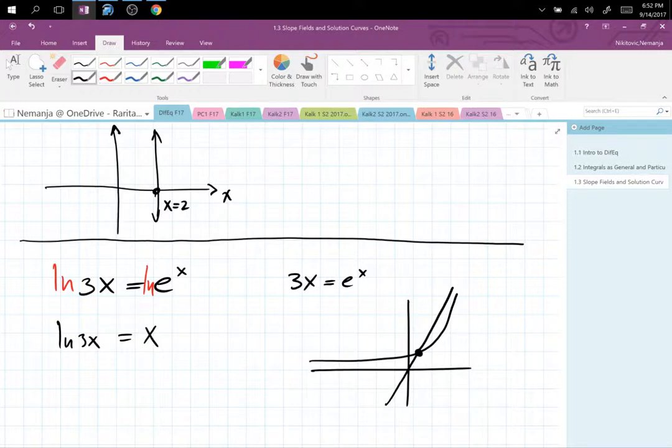So we need to find a mechanism. Like the earlier goal was to make the functions intersect. Oh, by the way, the function has no solution if the intersection doesn't happen. That's another thing, right? So if you have an equation and you graph it and the two graphs don't cross at all, then it's no solution. So now that we are jumping into the differential equations world, we need to make this slope field,